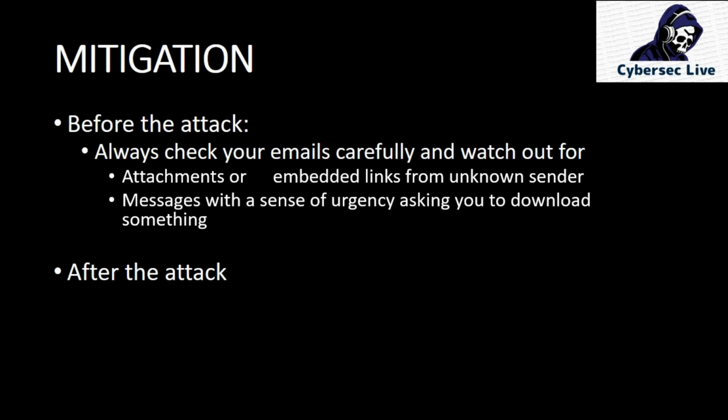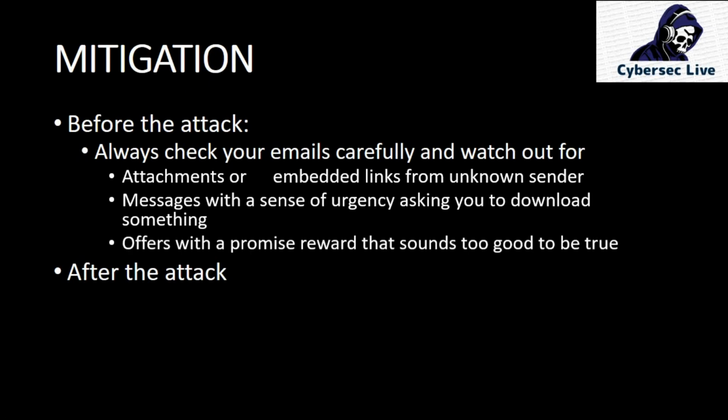If there is an attachment from an unknown sender, make sure you handle it very carefully. Watch for messages with a sense of urgency asking you to download something. Don't download just because of that message; you need to check those things. Also beware of offers with a promised reward that sounds too good to be true.